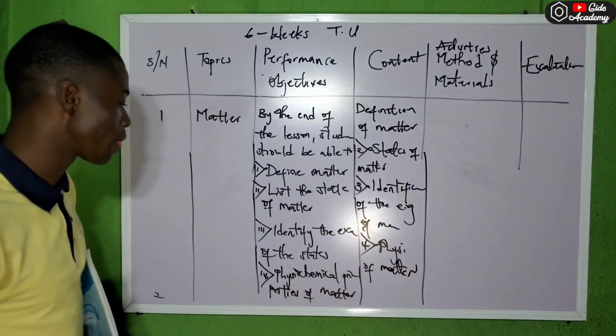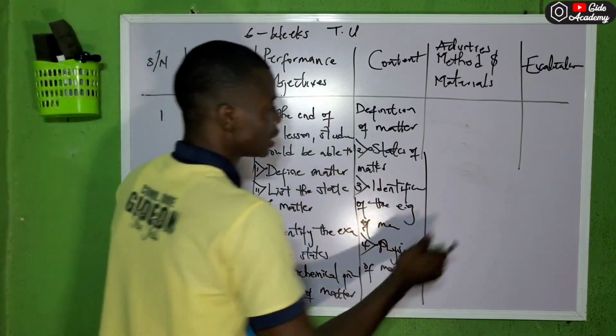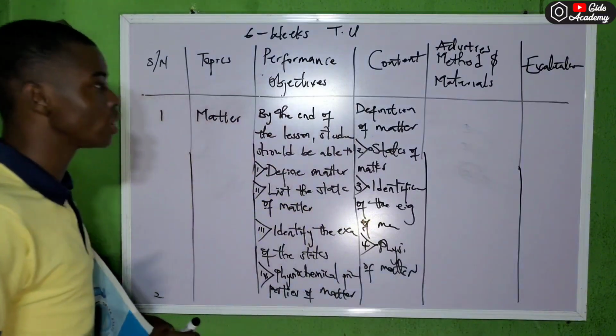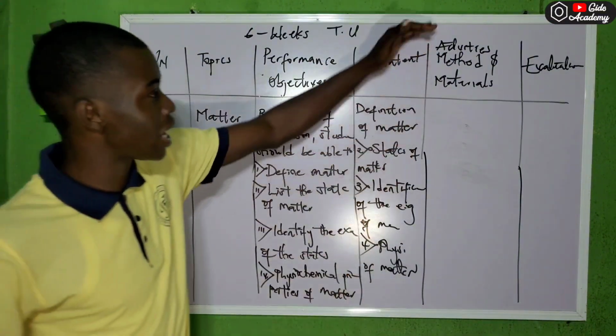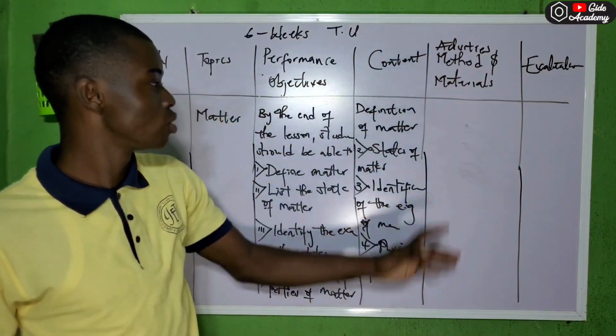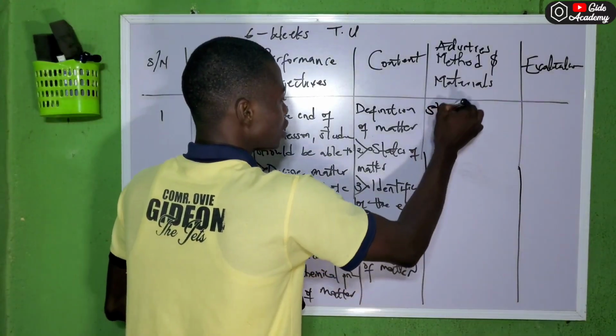So this is how you do it. So after getting this now, remember, let me still continue. After getting this, you now go straight to the activities and method. During the class, what are we going to do? So students, and what I'm going to write here is that let's say students,